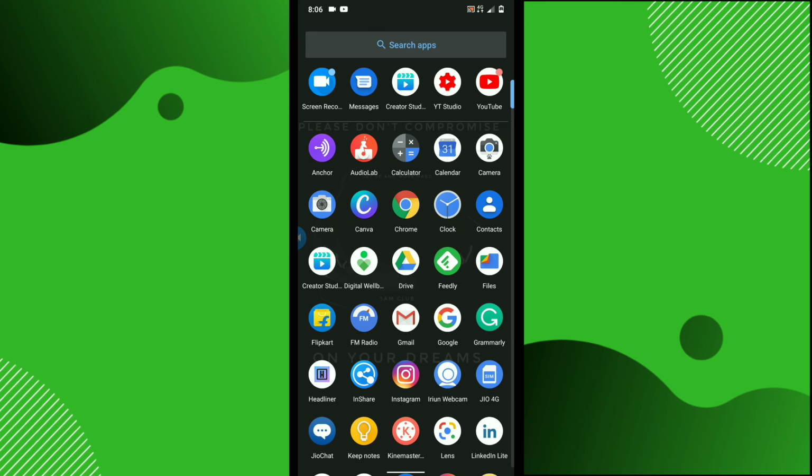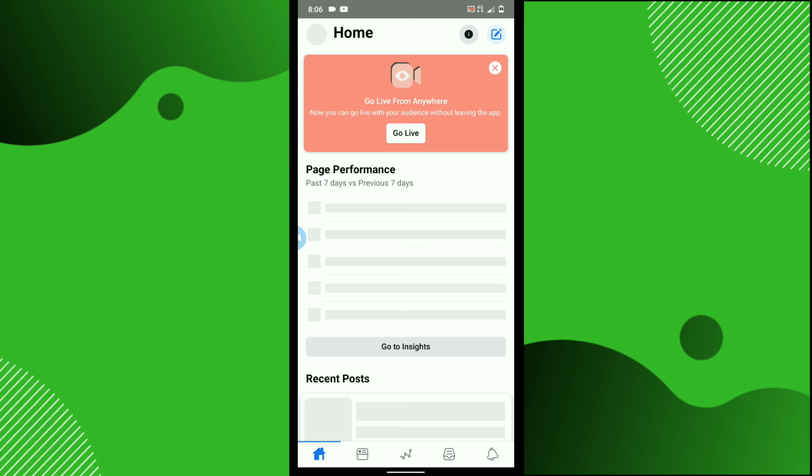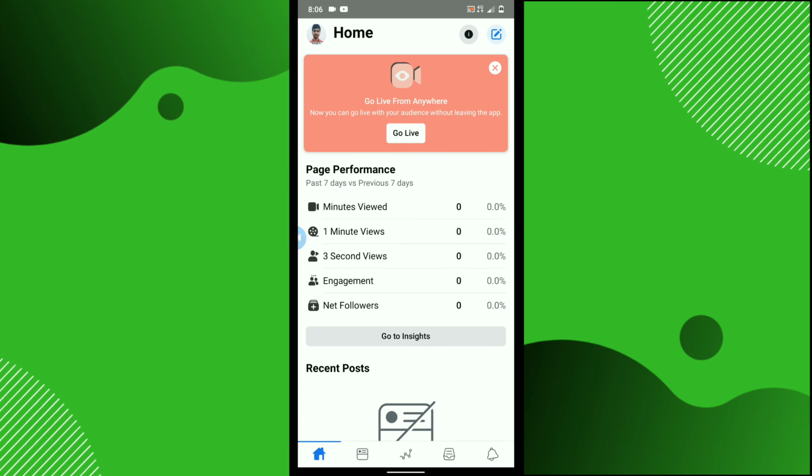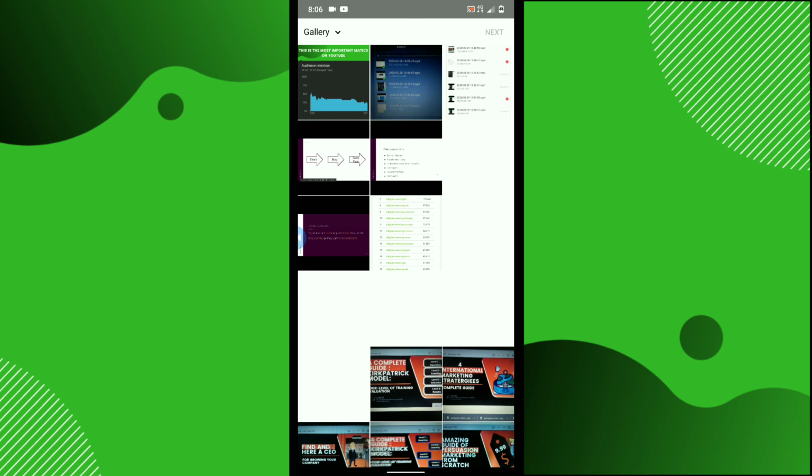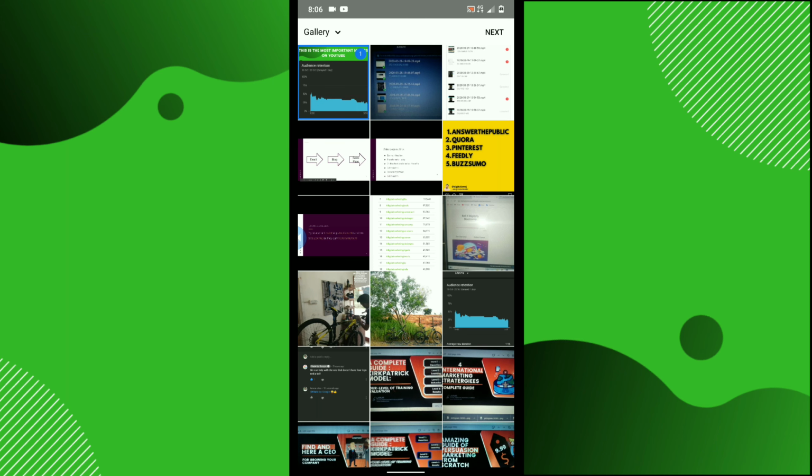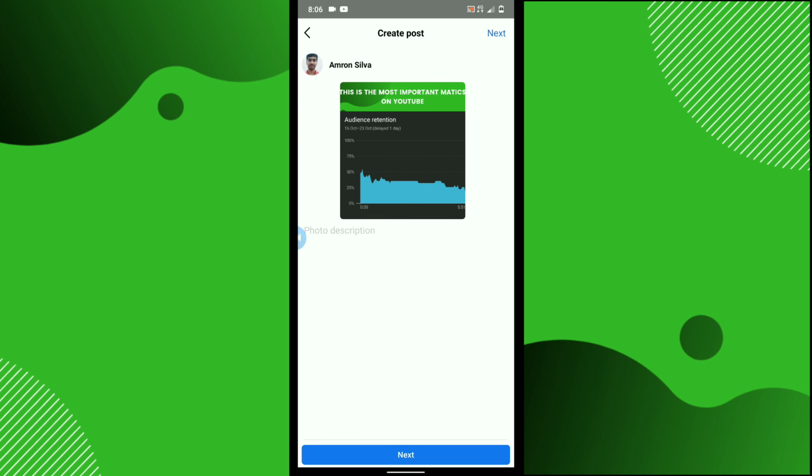Facebook Creator Studio. It's an app for mobile, and there's also a site. Search for Facebook Creator Studio. Here you can schedule your post and view analytics. Click on create post. I am choosing this for my Instagram.